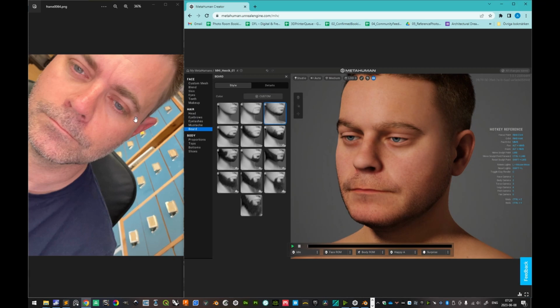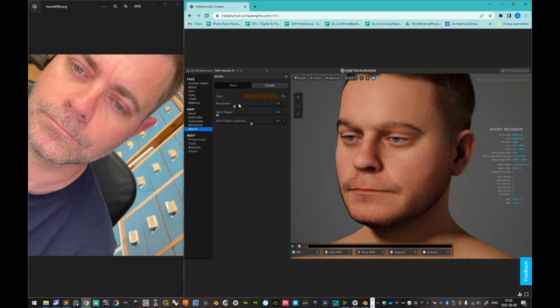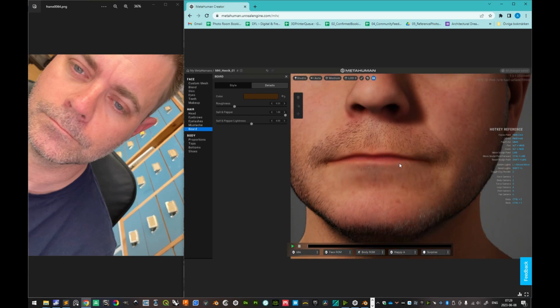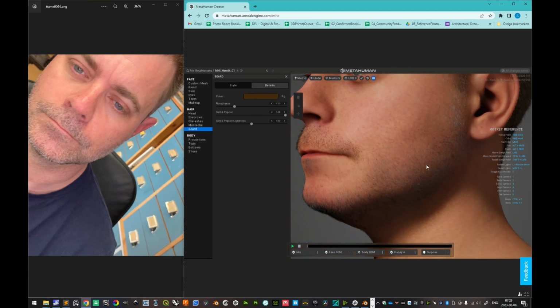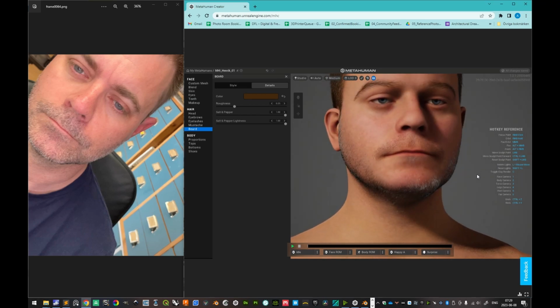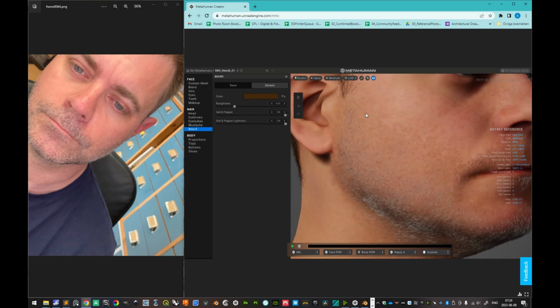Yeah, and I guess that the color here, let's see here, if we should not enable hair dye, but I think salt and pepper we could do here. And that is only for the beard now. Salt and pepper lightness. No, but no, but that was actually quite good. It's only that the salt and pepper, it's